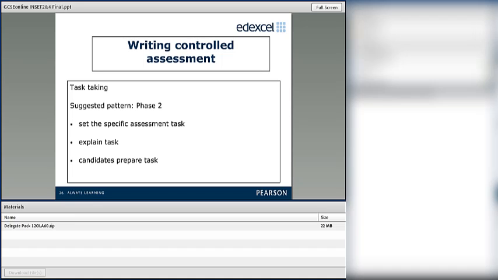Again, here you can only explain and clarify the task, but you cannot give them any specific help on the language, and the candidates can prepare it in their own time. During preparation time, they can have access to the course books, internet resources, and so on. Obviously, the research can be carried out outside the classroom. But especially for the writing, even more than the speaking, it's important that they provide an individual response. Although the notes they've been working from are common ones, we really do appreciate trying to have an individual response rather than everyone writing exactly the same things.